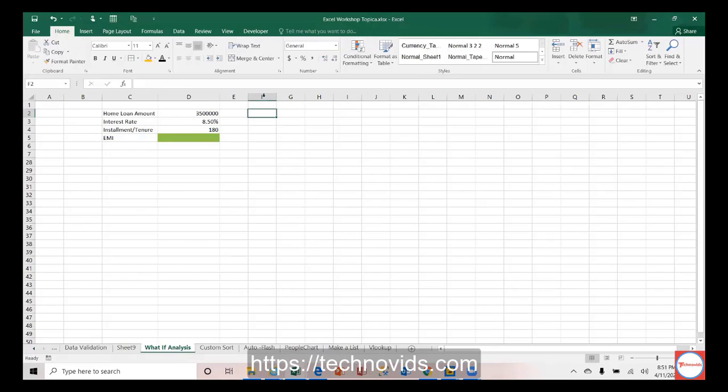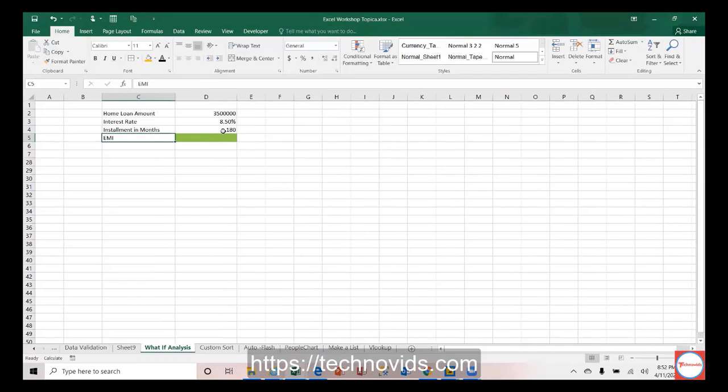Even if you ask anyone, they will say, okay, this is your EMI. If you are taking a 35 lakh loan, for a home loan for example, at 8.5%, they tell you if your tenor is 15 years, the tenor or installments in months, that is 180 divided by 12, it is 15 years. So the banker or bank financial person will tell you this is your EMI. So you have to go with them. You have to trust them, even though you don't like to trust.